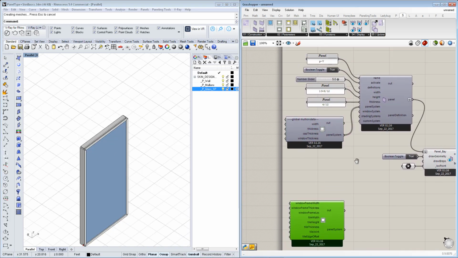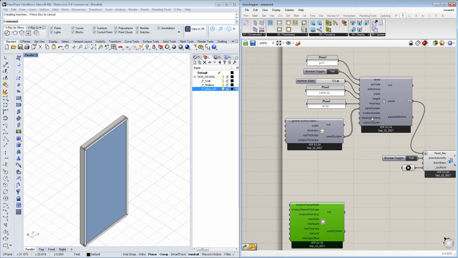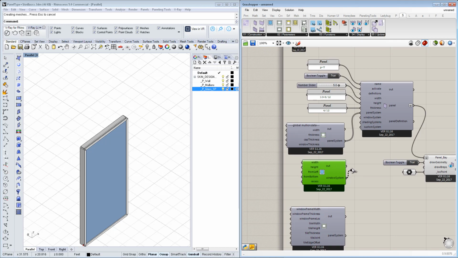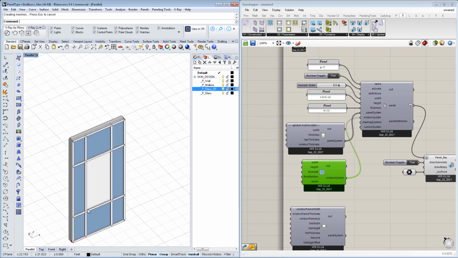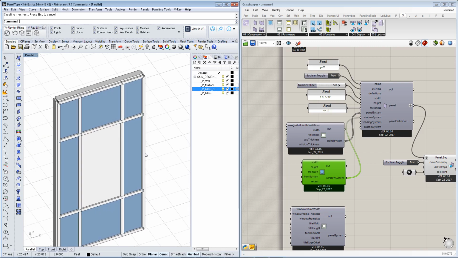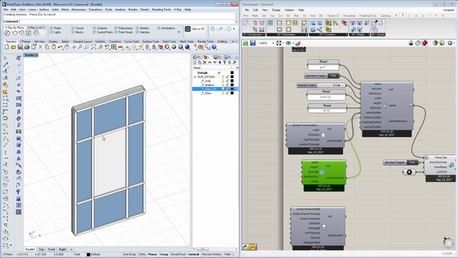All right, so at this point we can add a window in the window system input here. There's only one window at this point, but you can just plug it in right away, and you will define it with default dimensions, which is pretty much half the panel width and half the panel height, centered. Also, you'll notice that there are some mullions that are created around the window, and this is the default